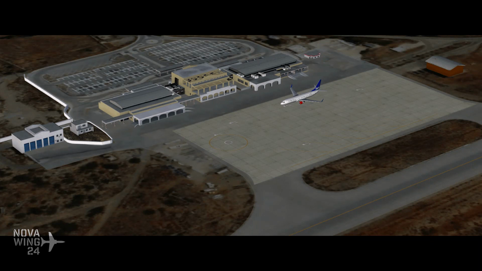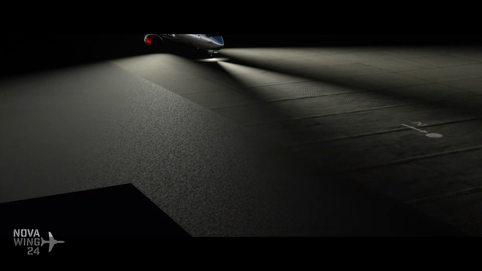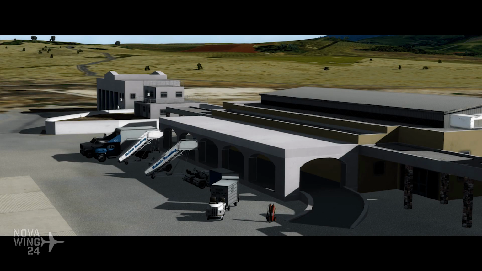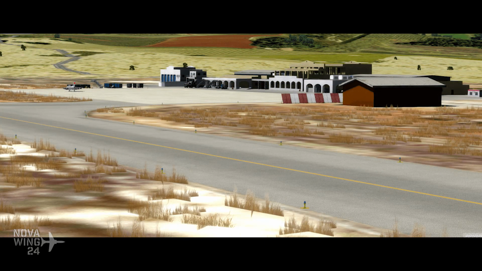And it looks pretty good. It's funny actually, because what actually, in my opinion, lets it down is the photo reel that it sits on. The actual airport buildings and textures and ground textures look great, but then it's let down by what looks to be a fairly low resolution